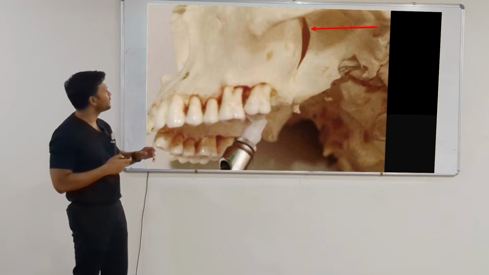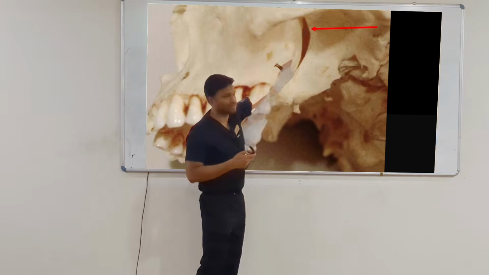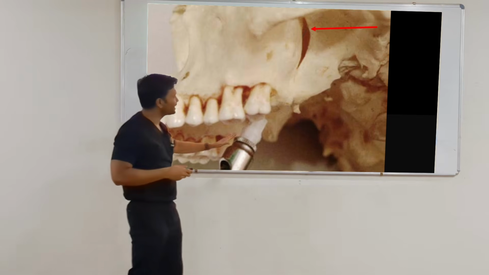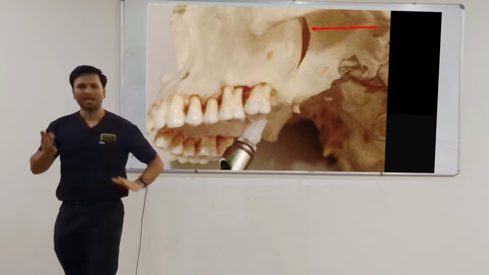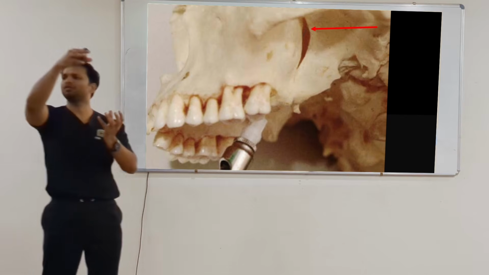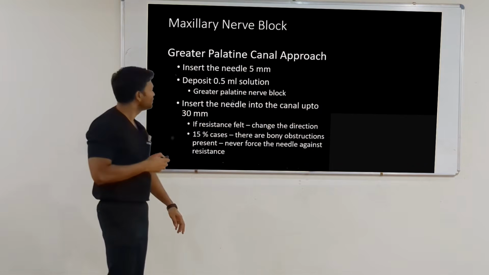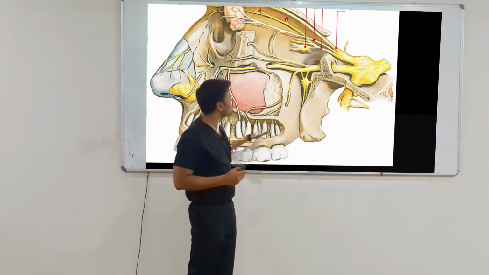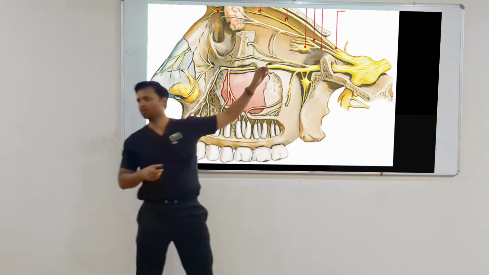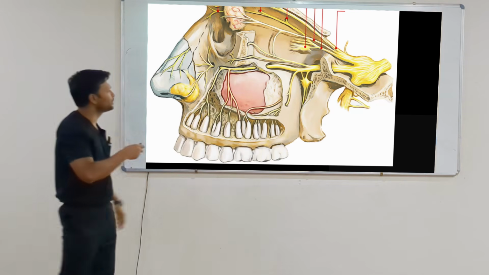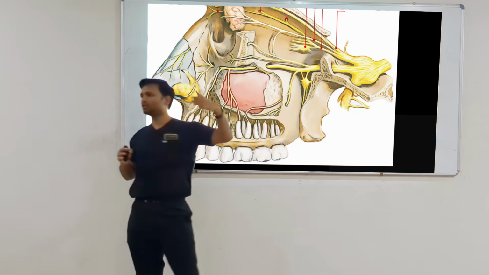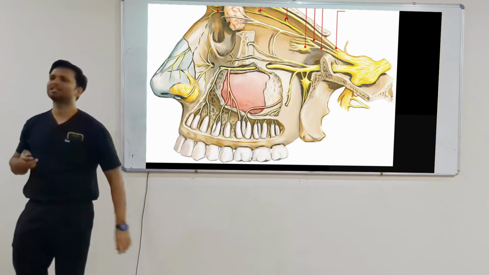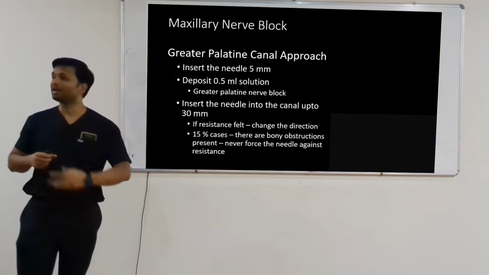ओके, एंड मैंने आपको पहले बताया था बिकॉज यहाँ पे वी हैव द ऑर्बिट, राइट, इट इज क्लोज टू द साइट ऑफ द टेरिगोपैलेटाइन फोसा. So needle direction change हो गया and the orbital floor is quite thin and you might force through the needle through the orbital floor and needle is now in the orbit. Yeah. So this is the orbit. So you're inserting the needle, you might insert the needle in the orbital floor. And यहाँ पे अगर आपने insert कर दी needle, you might introduce bleeding because of the damage to the internal structures. वहाँ पे bleeding होगा तो retrobulbar hemorrhage होगा. You might see it as proptosis and patient might lose vision.